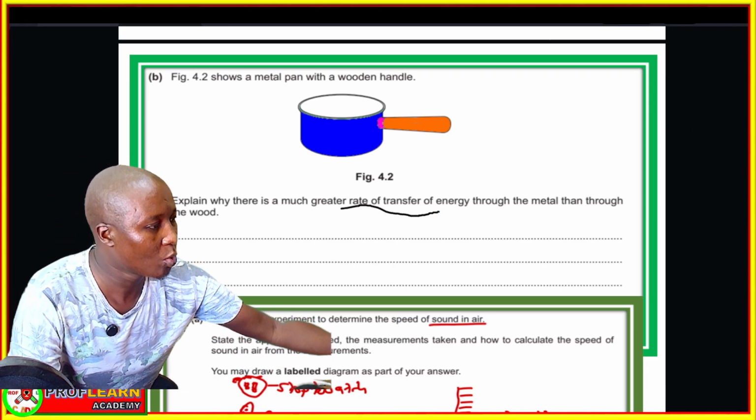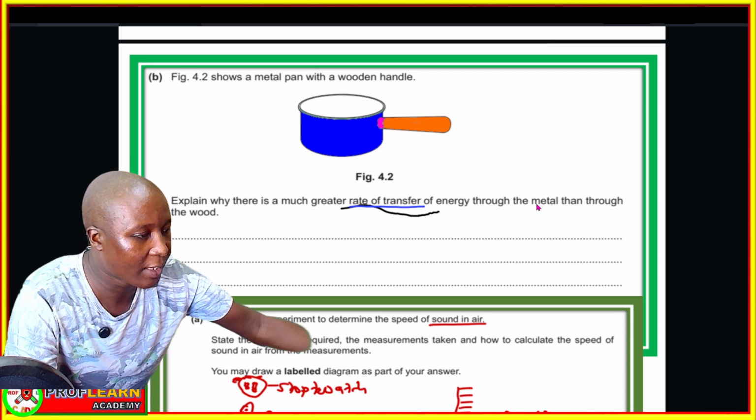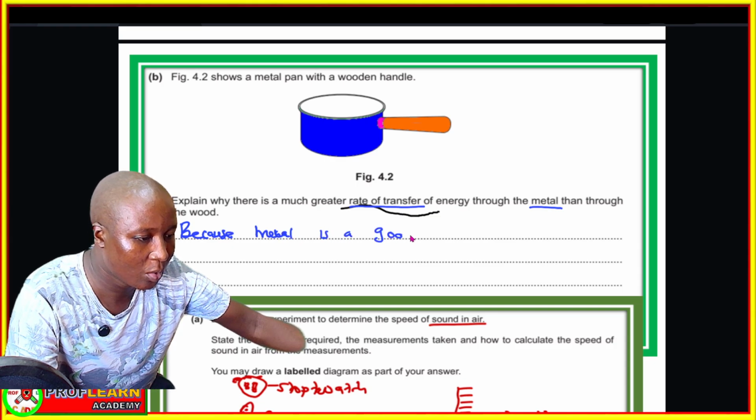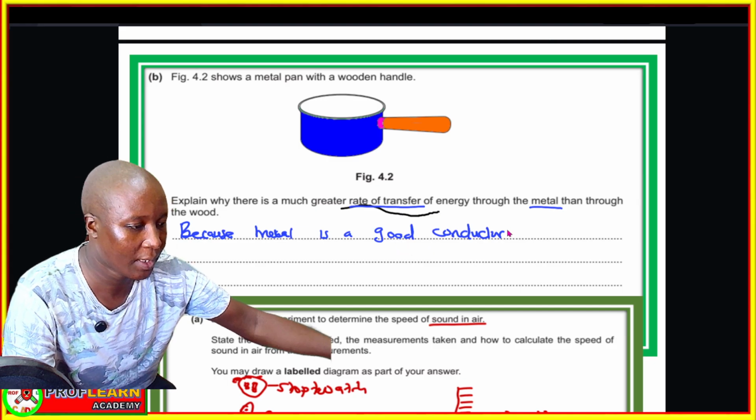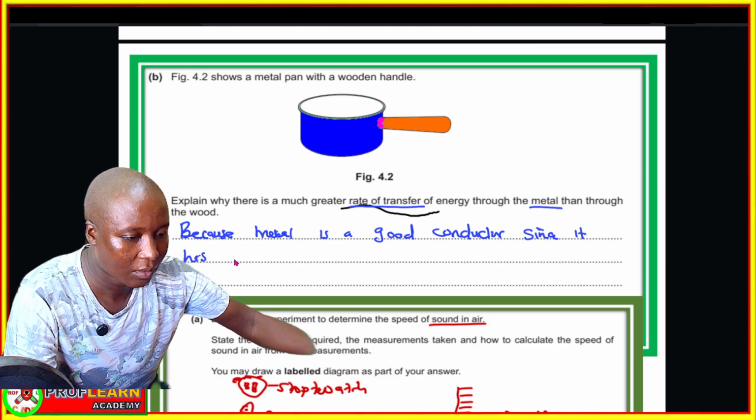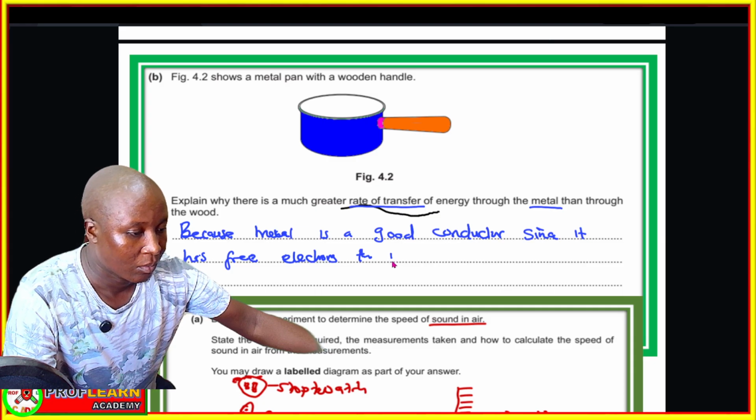Number one, the candidate was supposed to ascertain that there's a great heat transfer through the metal because metal is a good conductor, since it has free electrons, or delocalized electrons, that move freely,